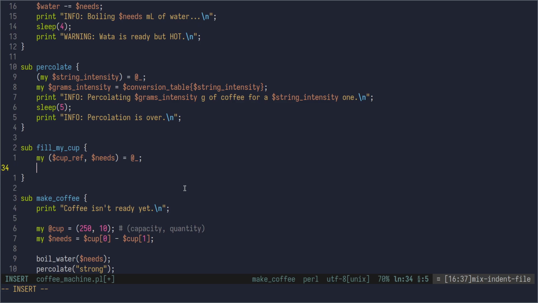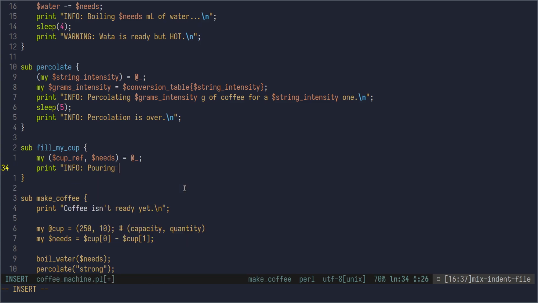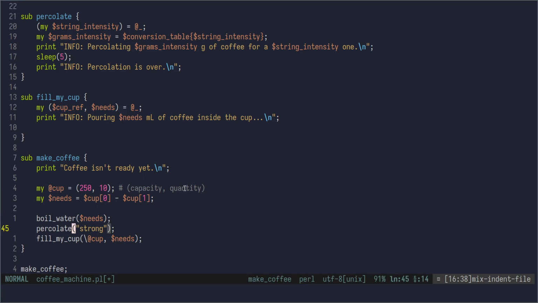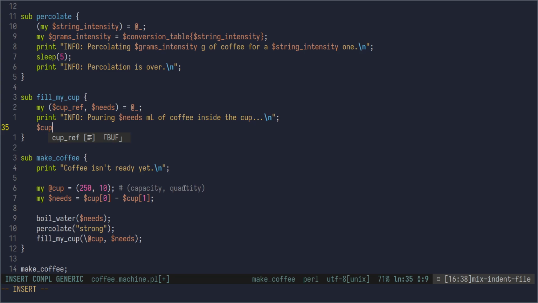So first, we say that we are pouring needs milliliters of coffee inside the cup, new line. Then to the cup, we add the quantity of water we are pouring. So let's say now the cup at index 1,